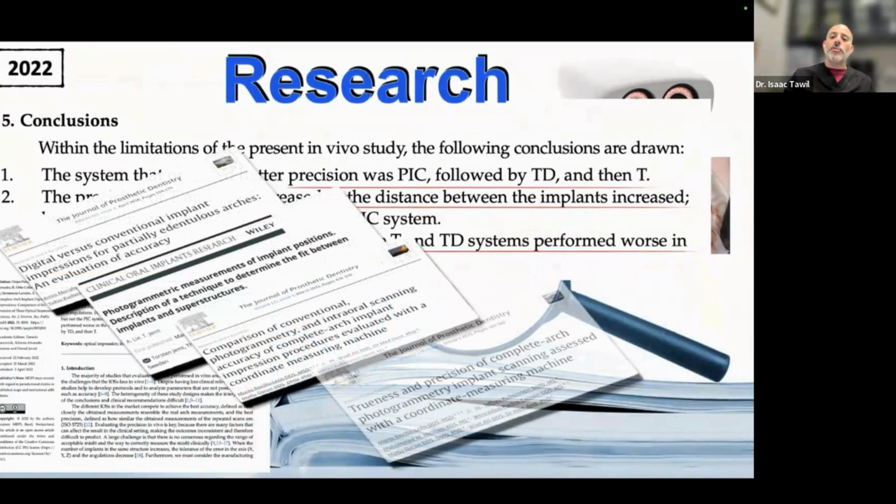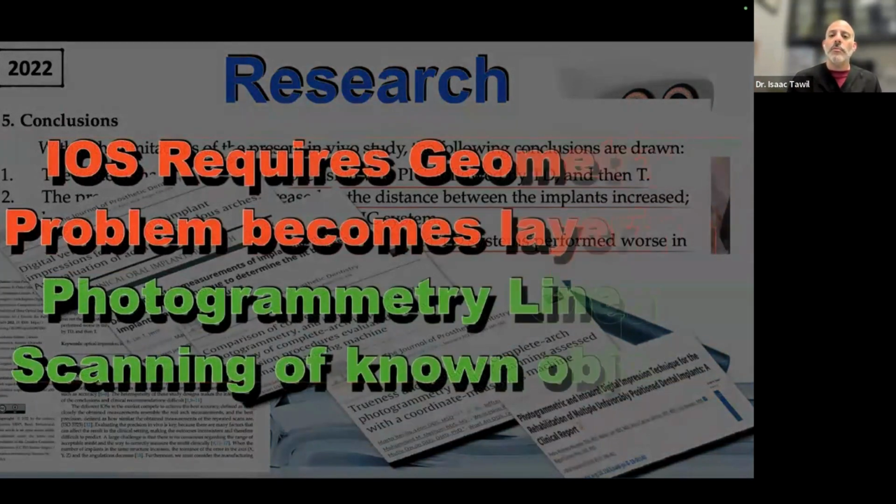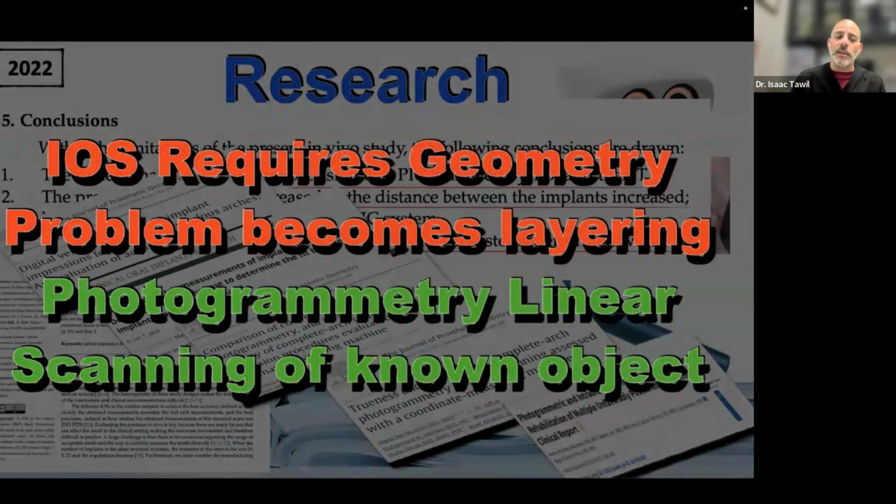Photogrammetry is superior for capturing implant position as compared to intraoral scan. And again, the reason is we remove the geometry in these cases. They're implant cases. We have no geometry. All we have is the implant positions, and we're using scan bodies that look exactly the same. So we're stitching one on top of the other, and we're trying to align this data. And unfortunately, the stitching, as I showed, is not always perfect.